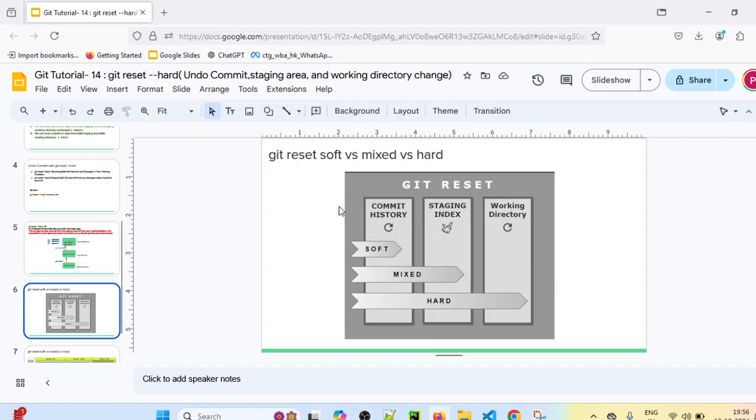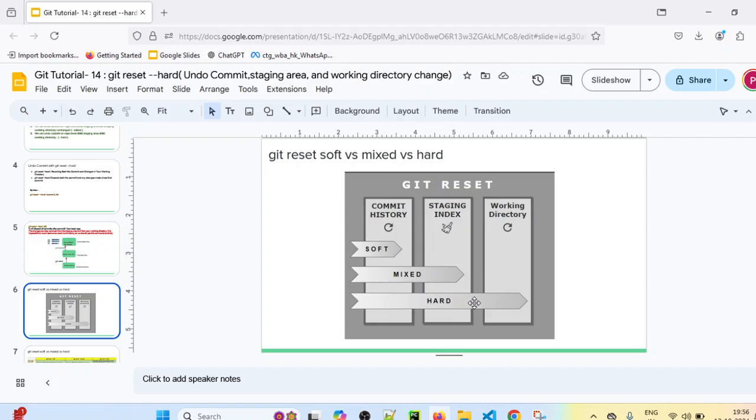So this is a simple diagram which explains the difference between soft, mixed, and hard. If you use git reset soft mode, then it is applicable only to the local repo level. It will be removing the commit history level. If you use mixed mode, then it will remove the changes for that commit as well as from the staging area.